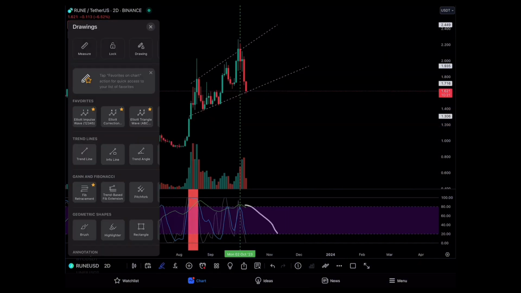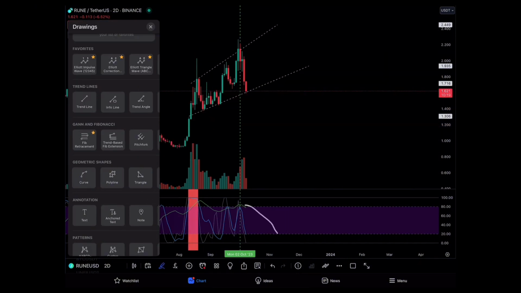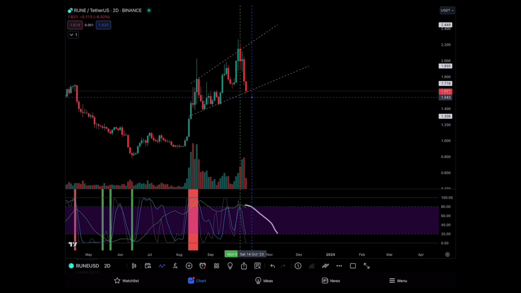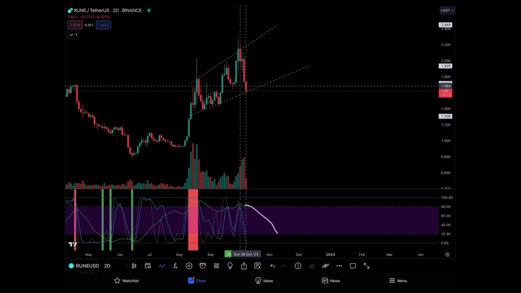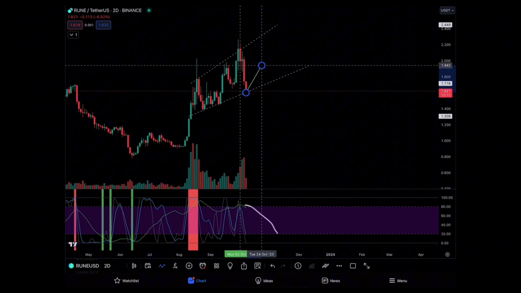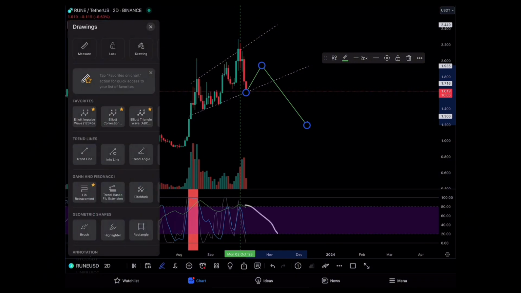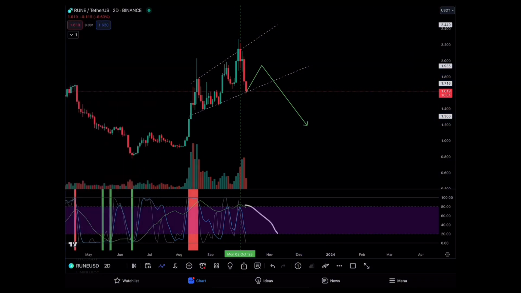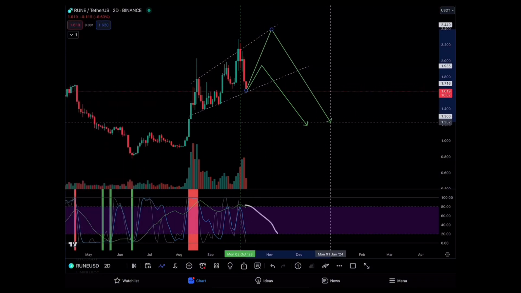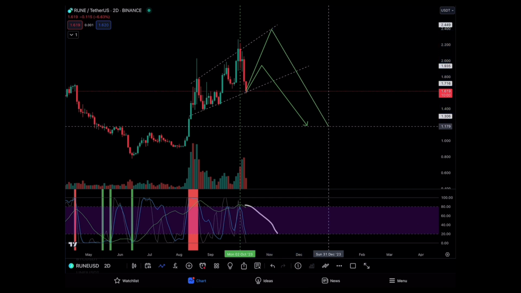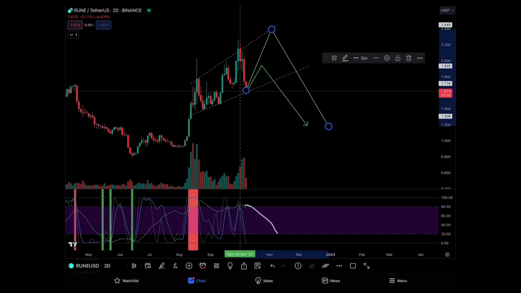So this will either do a longer correction if it's going to give us the entry on the 10-day time frame, or it's just gonna make like this and then go back down, or it's just gonna do that, then go back down from here. I'm leaning towards this one